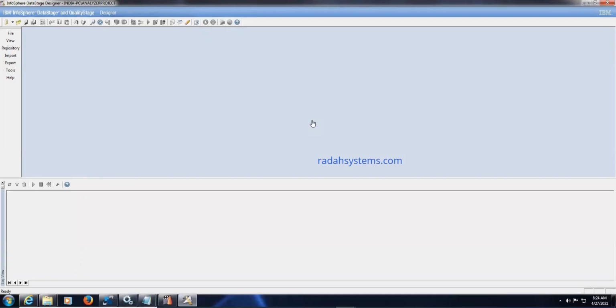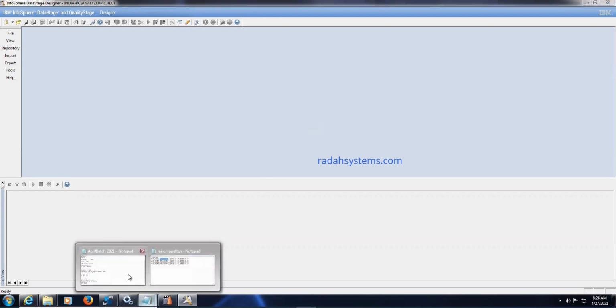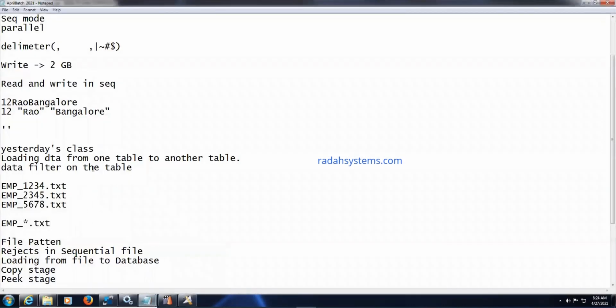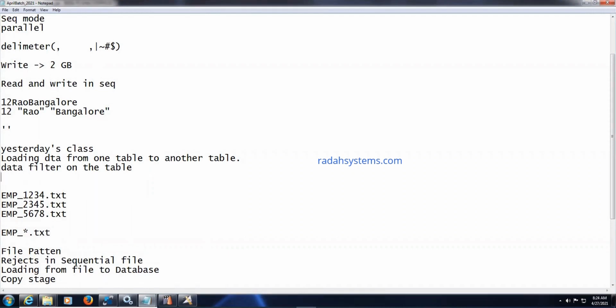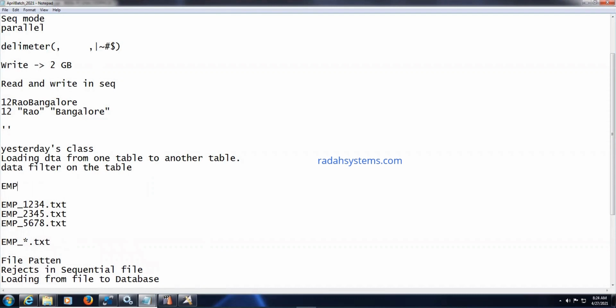In today's class, we'll be discussing how to handle a file pattern. Okay, so we'll consider an example. Suppose we have a file we will be receiving in a pattern format.